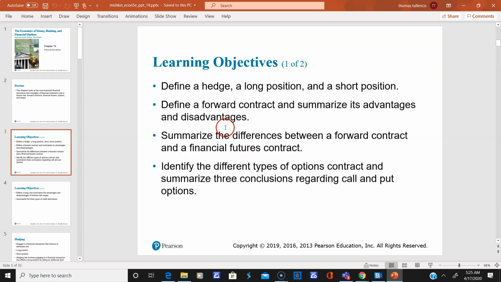All right, so we're going to define what a hedge is, and the word hedge simply implies reducing risk. You hedge your position to reduce your risk. Okay, and then we're going to talk about a long position in one of these contracts. And then we're going to talk about a short position in one of these contracts. A long position means you bought something and you're trying to make a profit if the price goes up. And a short position means basically you sold something and you're trying to make a profit if the price goes